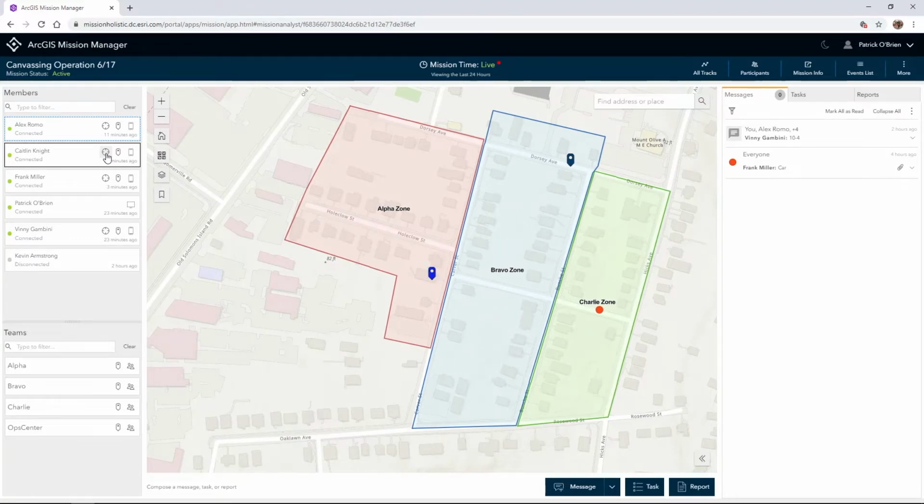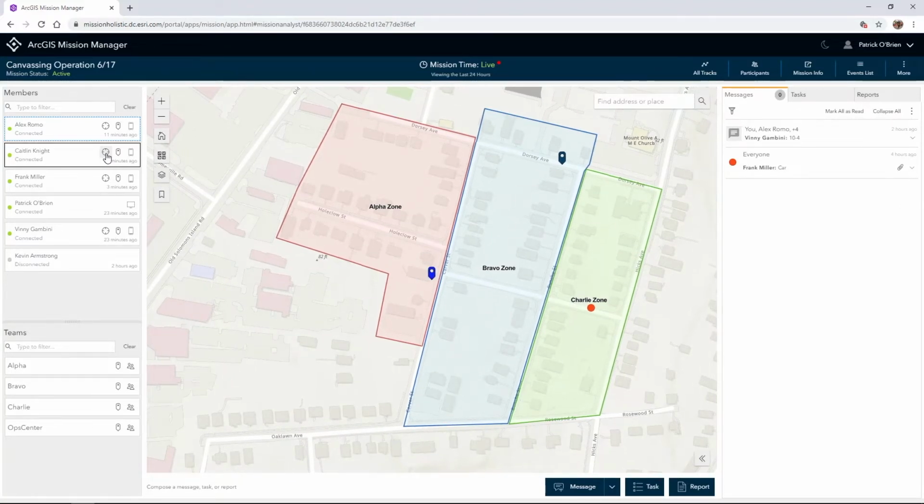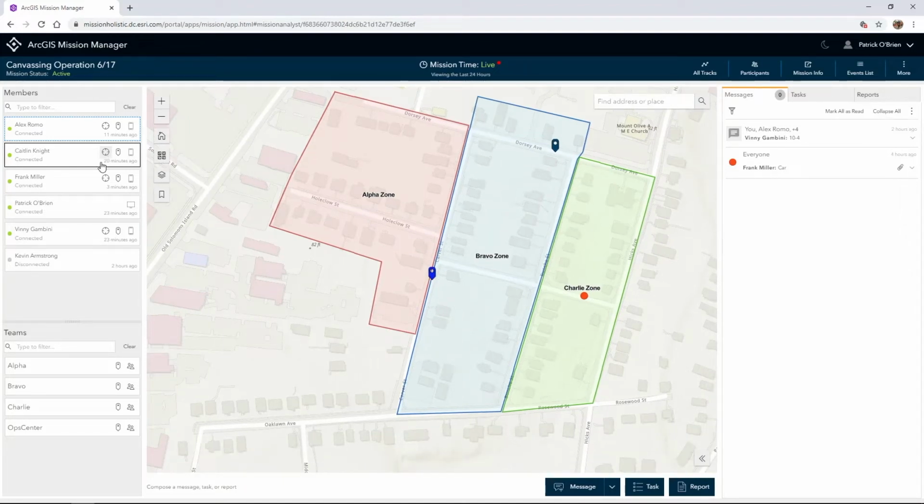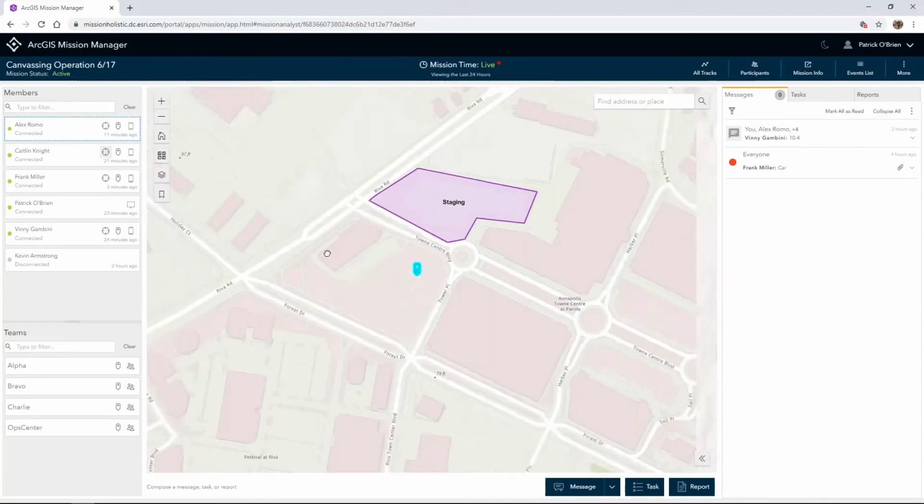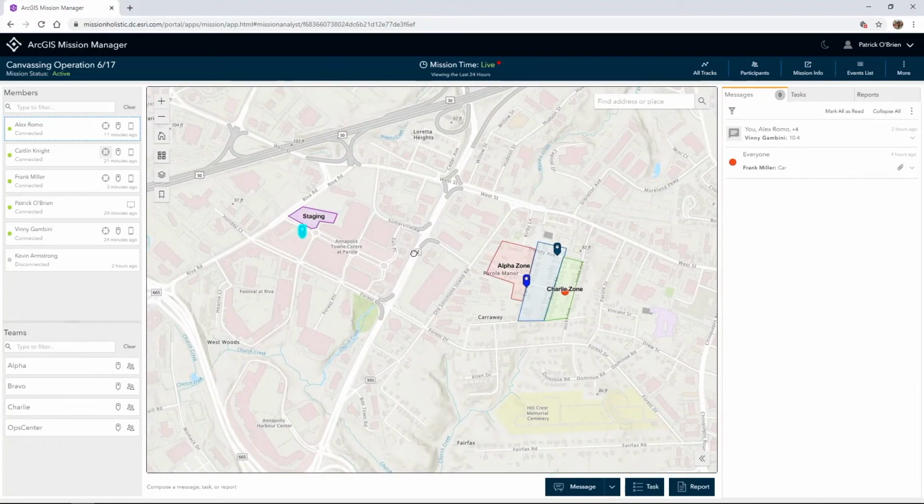On the bottom, you might notice that we can break up our mission members into different teams. For this canvassing operation, I have broken out my mission into teams based on the area that they are canvassing. So I have my Alpha team, which is Caitlin Knight and Patrick O'Brien, my Bravo team, which is Alex Romo and Kevin Armstrong, and my Charlie team, which is Frank Miller. I also have an Operations Center team that is located near our staging area, here just to the west of